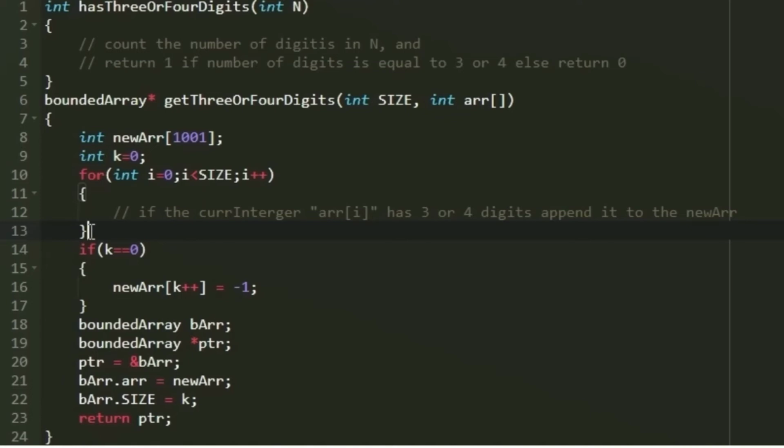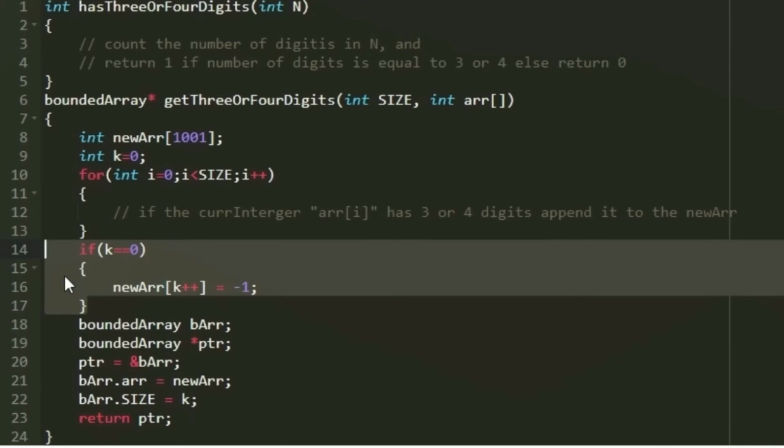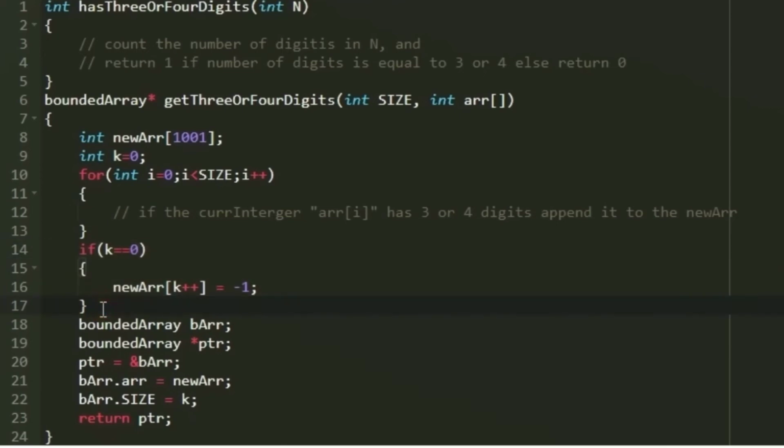Finally, after the execution of the loop, all the valid integers, that is all the integers which have 3 or 4 digits, will now be present in the new array, and the size of the new array will be k. But if all the integers are not valid, then the new array will be empty and the value of k will be equal to 0. Whenever k is equal to 0, it means that none of the integers are valid.